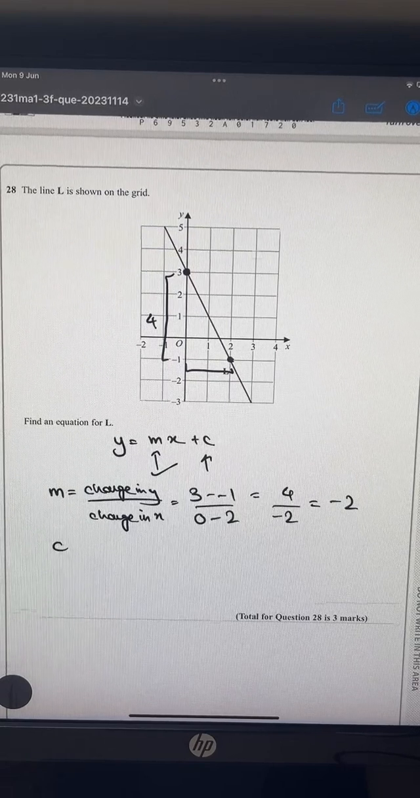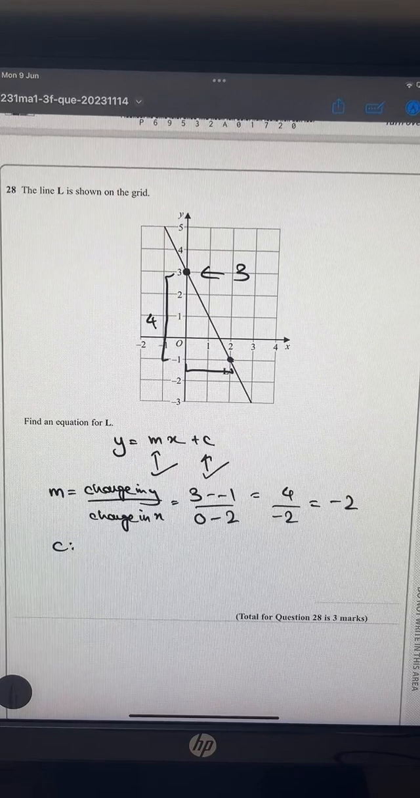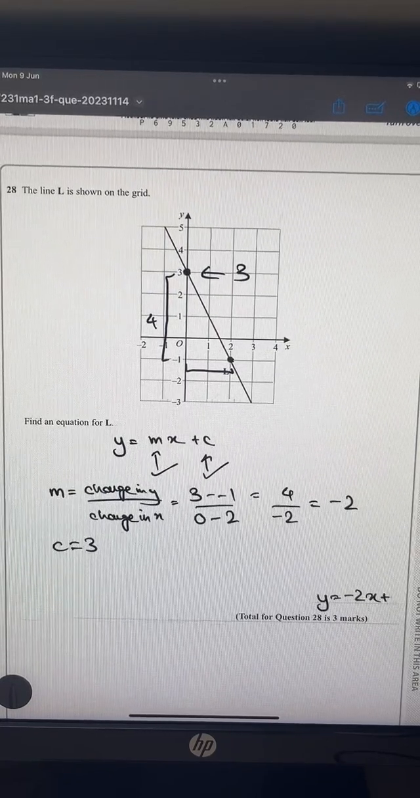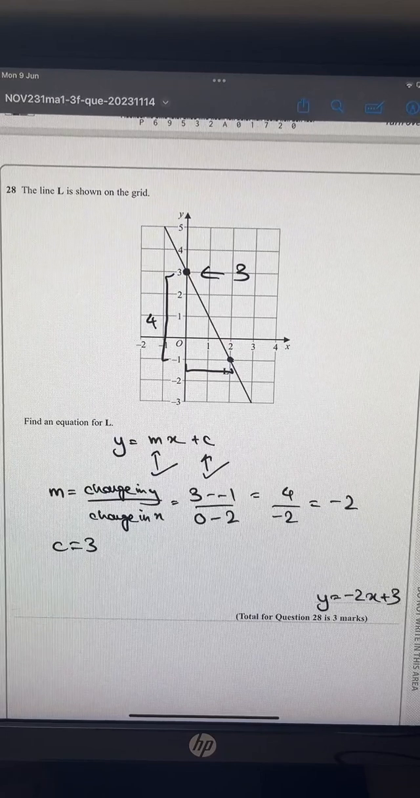What is c? Well, c is just the intercept. Here it intercepts at 3, so that is just my c value, right? Awesome. Now we just sub in. So y equals -2x plus 3. That is how you find the equation of a straight line. Just know your equation, see what you need to find, m and c, find the gradient, find the y-intercept, and